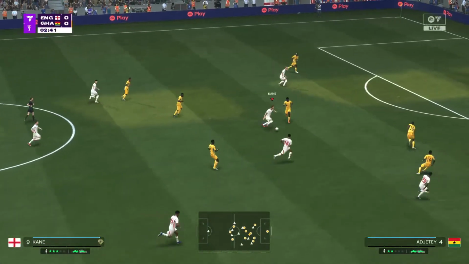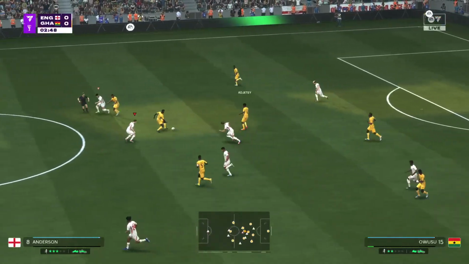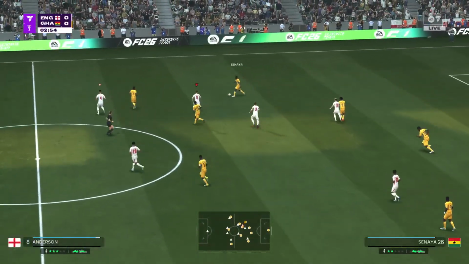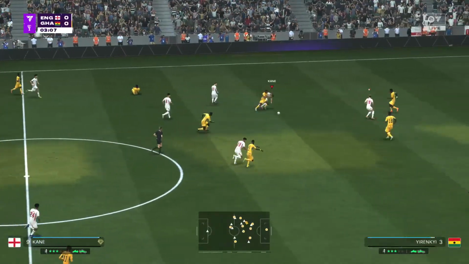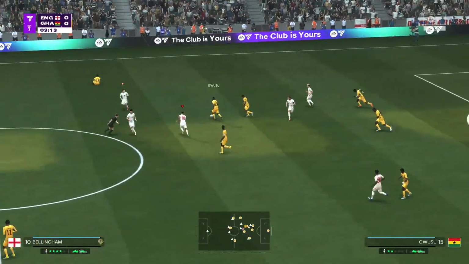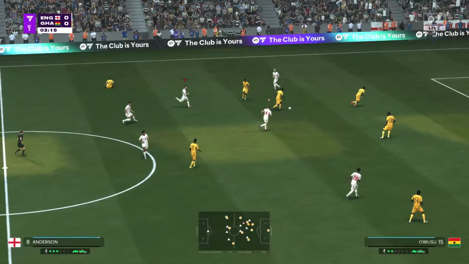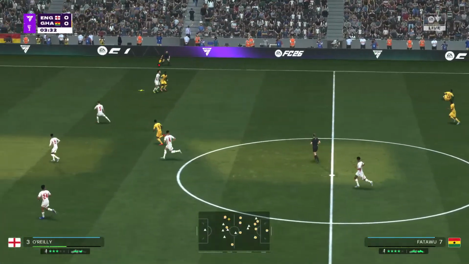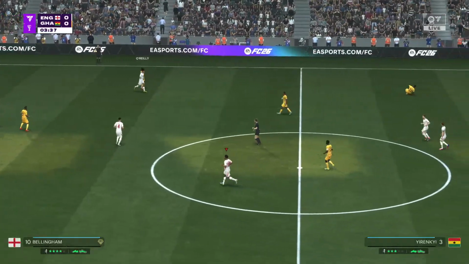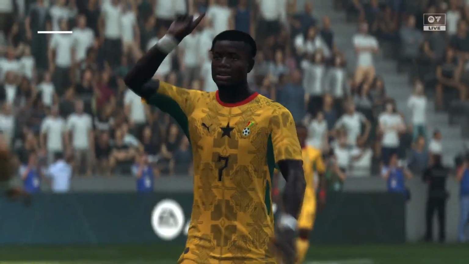The threat could be there. Very quick thinking there. And that'll be offside.